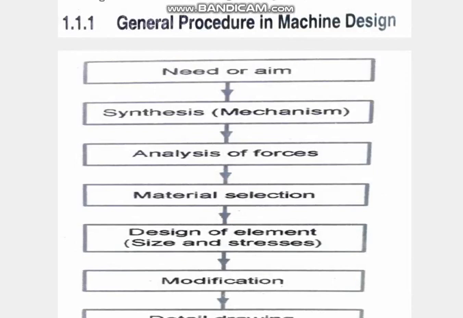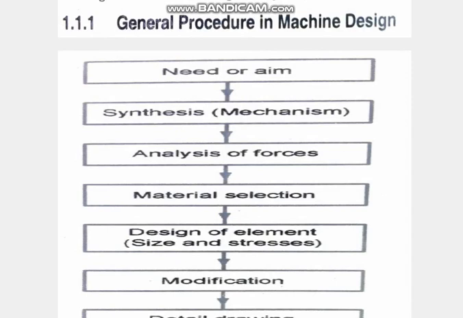The second step is synthesis of mechanisms. Last year you must have studied theory of machines. For making any machine, it may need certain links, certain members of a machine. Suppose we talk about a washing machine, what is there in it? There may be an electric motor, a pulley, another pulley, a belt, and a drum which may be rotating, and apart from that some electronic components and other things may be there.